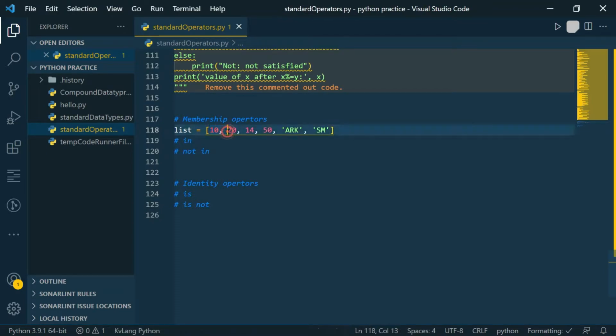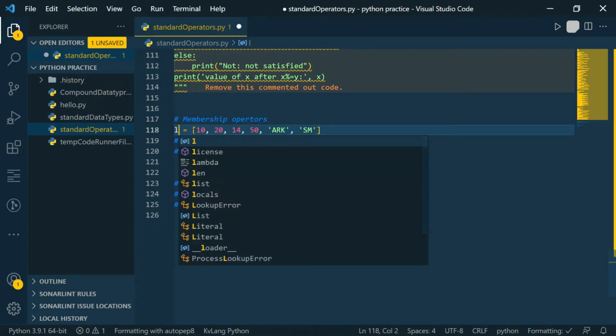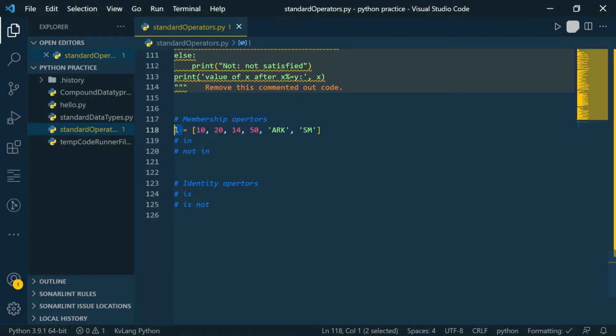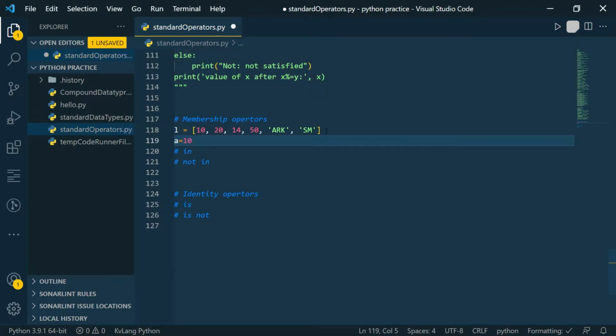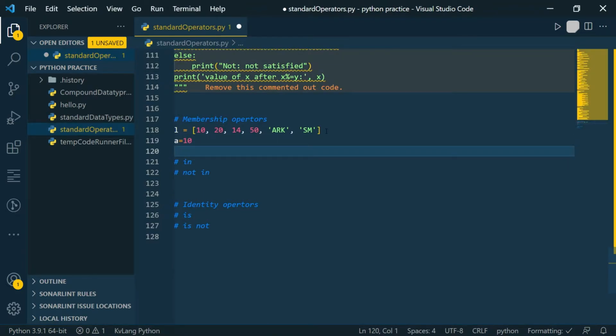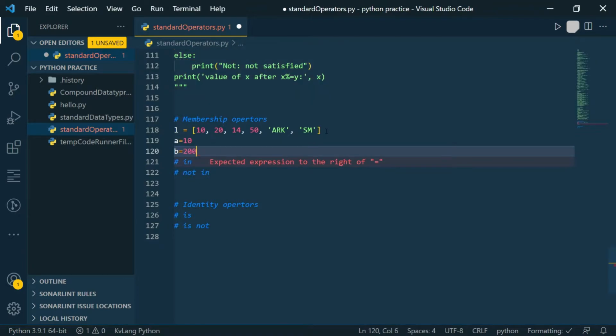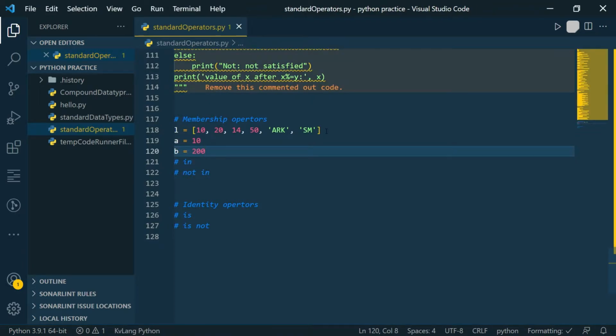Actually this is a list. To avoid confusion, let's change its name to L. So we have a variable L in which we have stored a list with 10, 20, 14, 50, ARK and SM as its members. Let's create two variables where A equals 10, which is present in the list, and B equals 200, which is not present in the list.